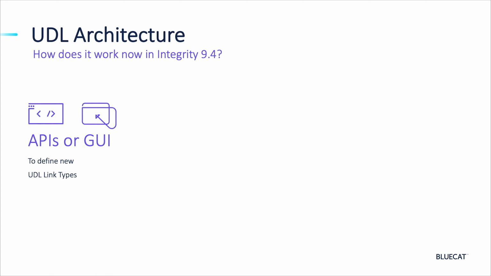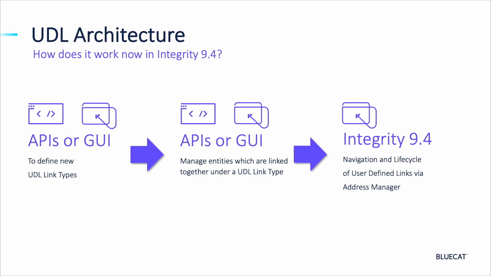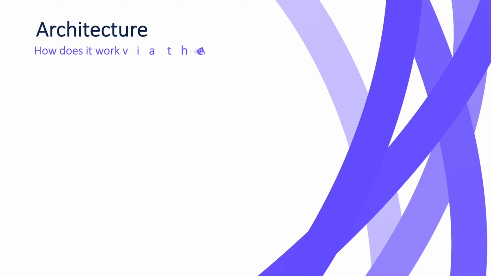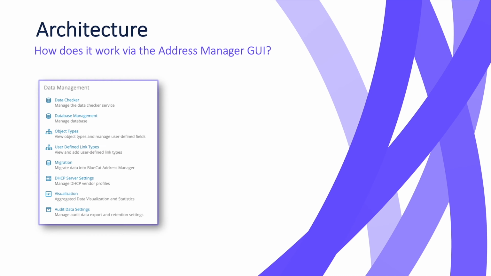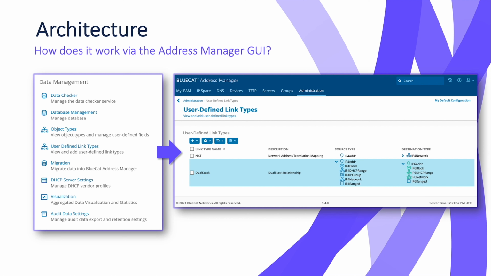Now customers have the ability to utilize both APIs and, newly, the Address Manager to create, update and delete user-defined link types, manage which entities are linked together under those types, and perform the full lifecycle of operations for user-defined links. The full lifecycle operations of user-defined links can now be managed via the Address Manager for the first time. The management of user-defined links is supported by a dedicated section called User-Defined Link Types under the Data Management section